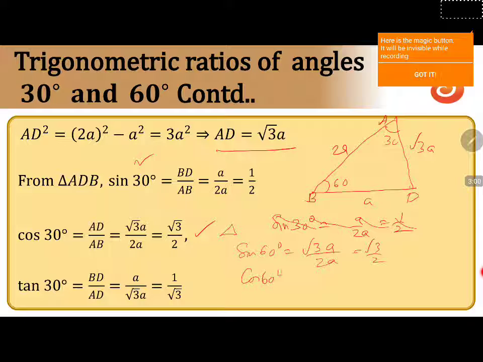Similarly, cos 60 degrees is adjacent side by hypotenuse. Here cos 60 is equal to adjacent side BD by AB. That will give us a by 2a, 1 by 2. So tan 60 degrees will obviously be equal to root 3. So we get from the given condition